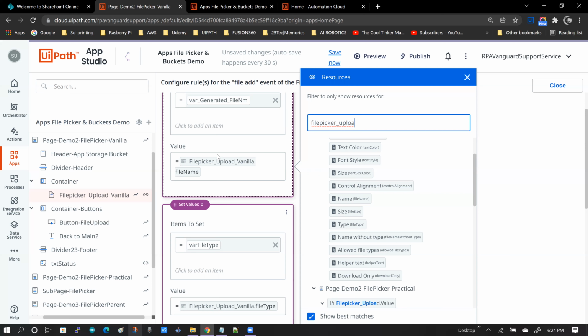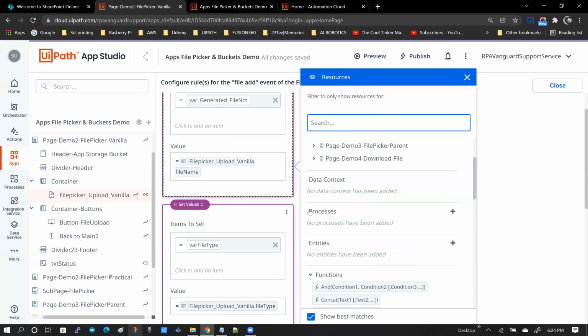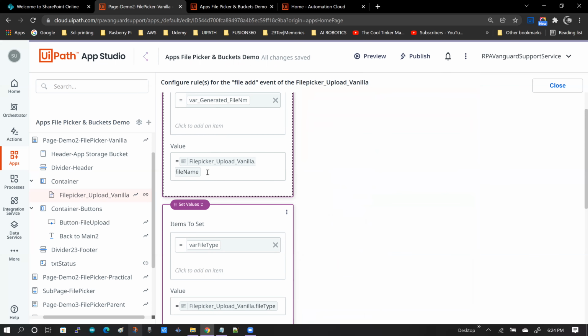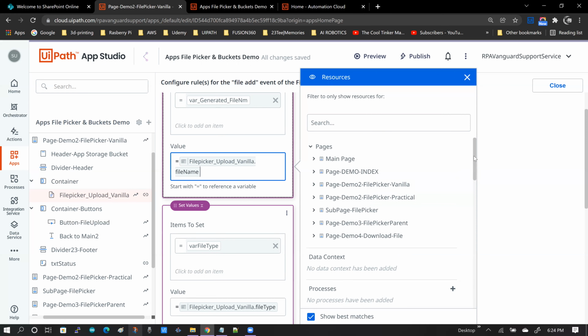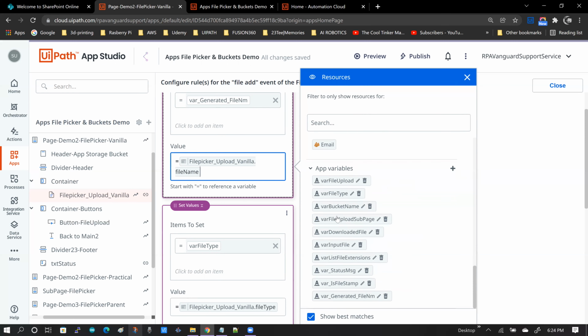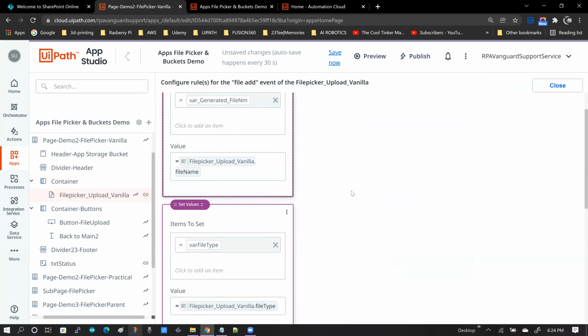Instead, if you capture that into an app variable, it's very easy to work with the app variable because if I click on this box again and the resources come up, all I have to do is scroll down and pick up the variable that I need. The third advantage is